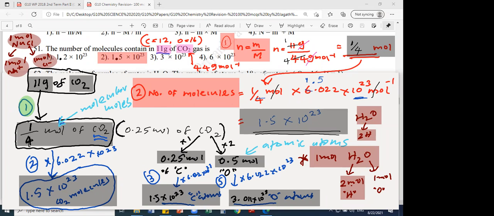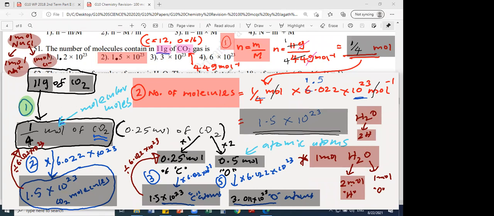Okay, I'll use this arrow. Look at this. If I want to convert these atoms back to this one, look at the screen again. After multiplying, you get the atoms. Then you can divide by the Avogadro constant. Understood? Even 1.5 × 10^23 molecules you got after multiplying by the Avogadro constant. How can you convert molecules into moles? Divide by the Avogadro constant. The same thing, opposite. When you multiply, you get molecules, moles to molecules. Molecules to moles is the reverse: you divide by the same value, the Avogadro constant. Understood? Right.